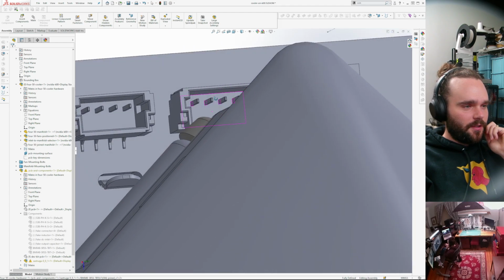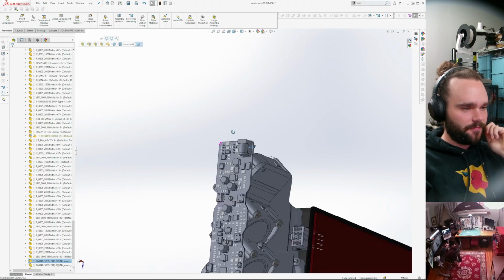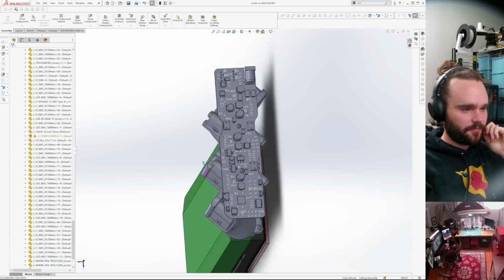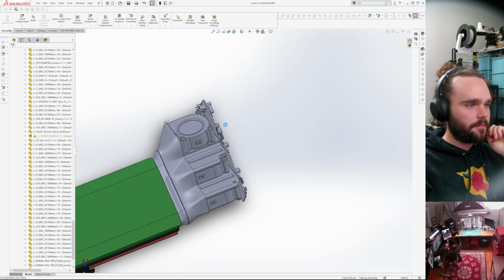This connector is a little close. That connector is a little close.